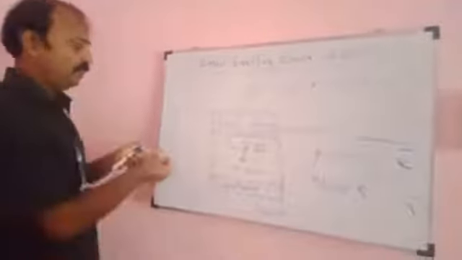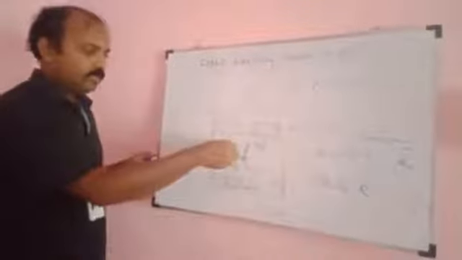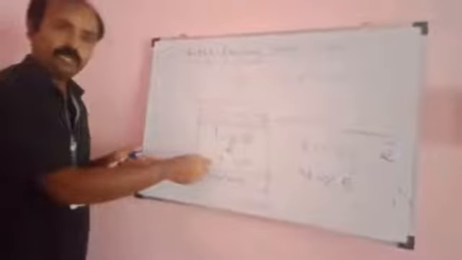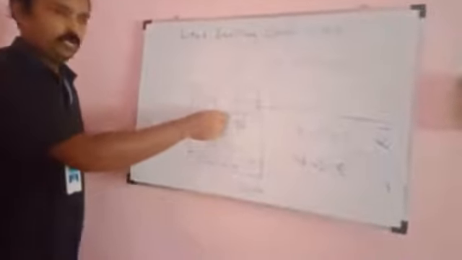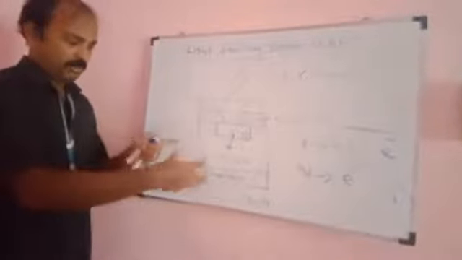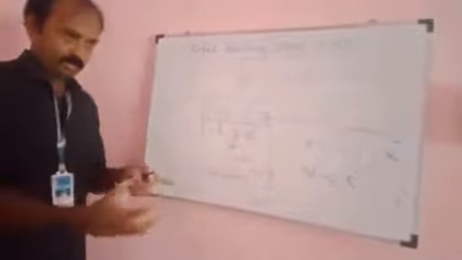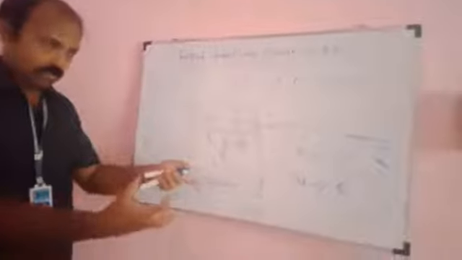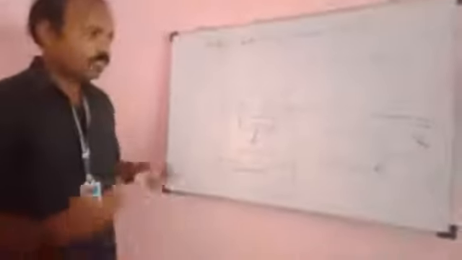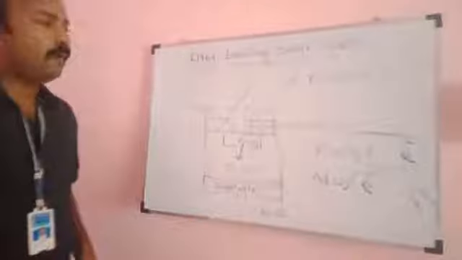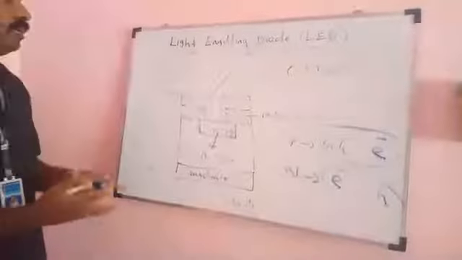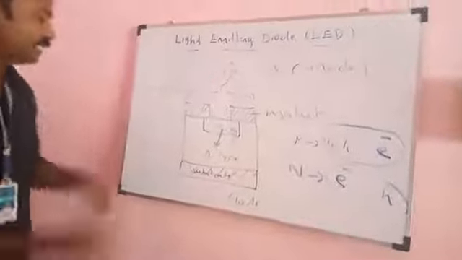Very simple. Suitable forward bias is provided. Then in the p-type semiconductor the holes are the majority, and in the n-type semiconductor the electrons are the majority. Electrons enter the p-type semiconductor and holes enter the n-type semiconductor, so the corresponding minority charge carriers of the p and n-type semiconductors increase. These charge carriers recombine with nearby charge carriers, so that energy comes out in the form of light. So it is light emitting because it emits light due to the external electric field.